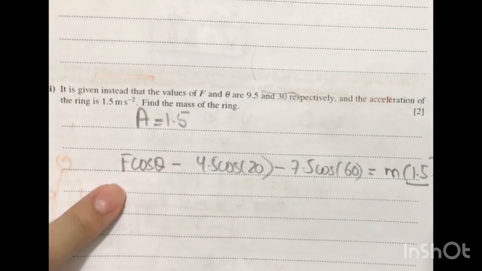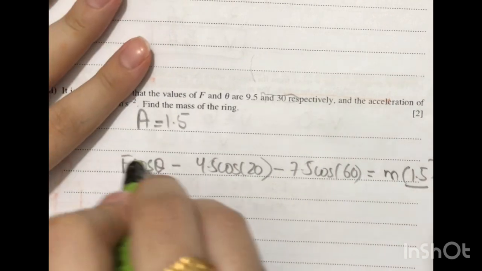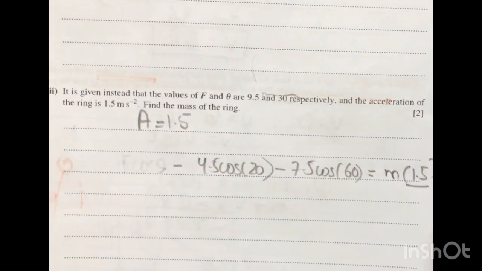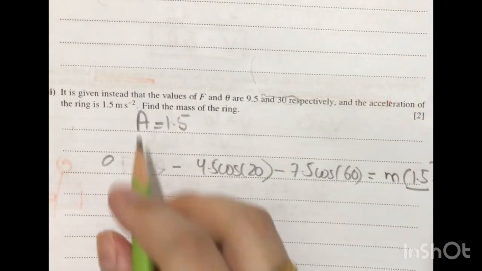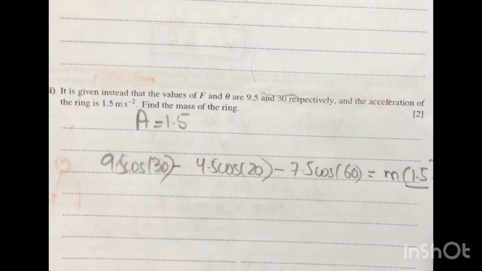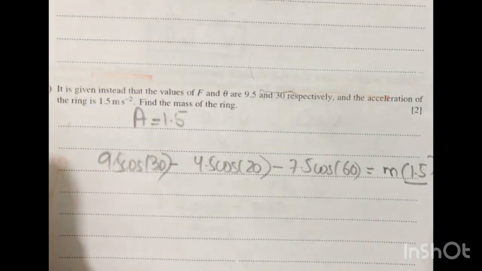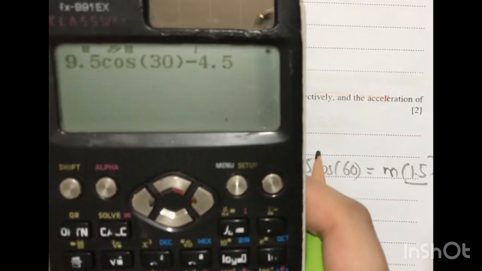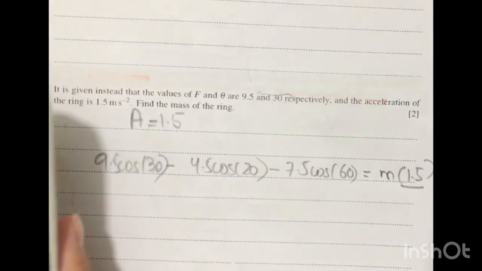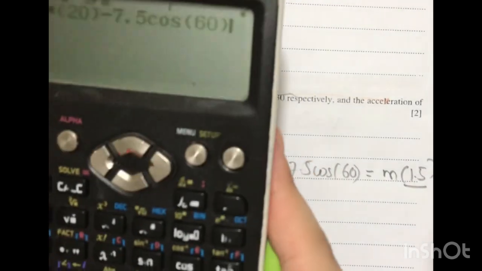And they've given us the value of f and theta, so we can write it like 9.5 cos 30 minus 4.5 cos 20 minus 7.5 cos 60